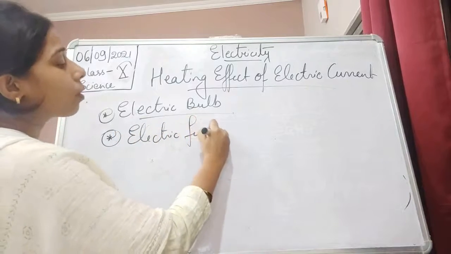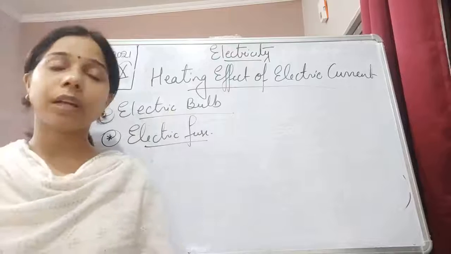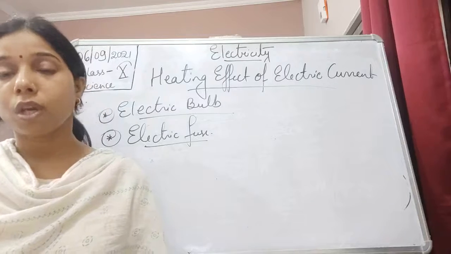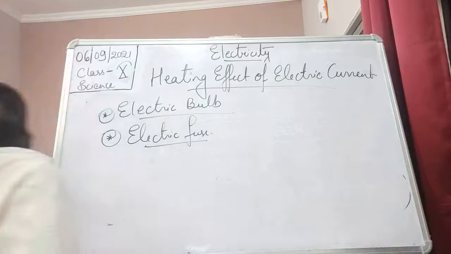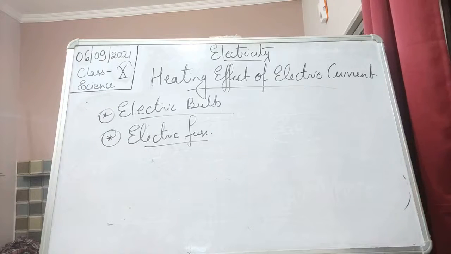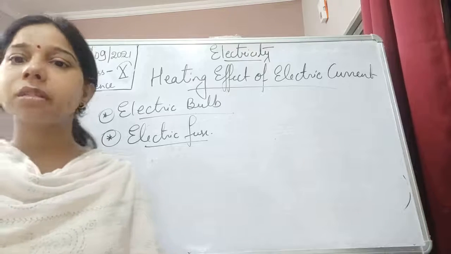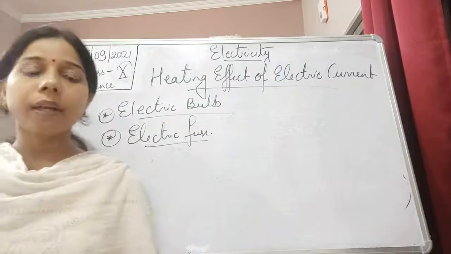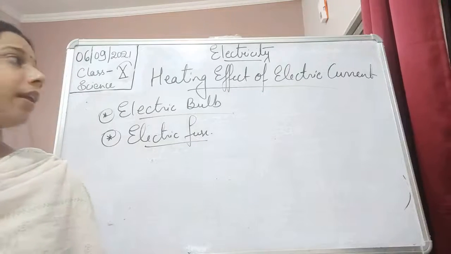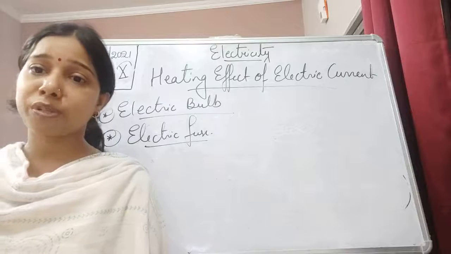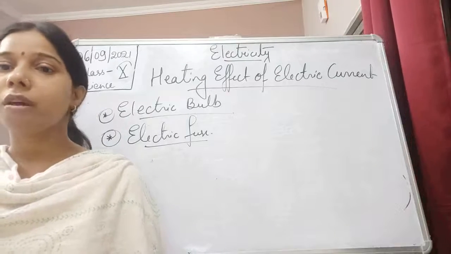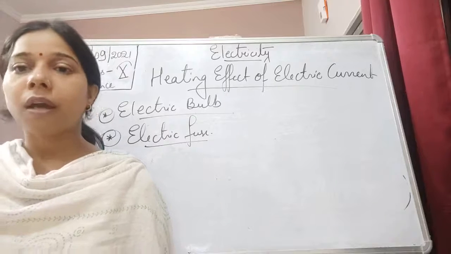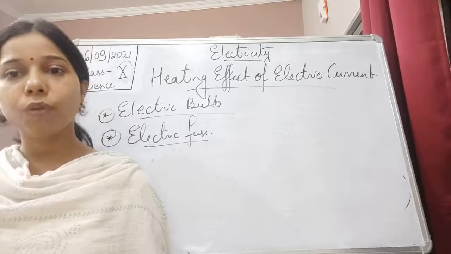What is the electric fuse? Why do we use an electric fuse? You know that in the domestic circuit the fuse is used. What is the role of this electric fuse? Basically, it helps in protecting against any kind of fire that can occur due to a huge amount of flow of electricity. This fuse has a low melting point.